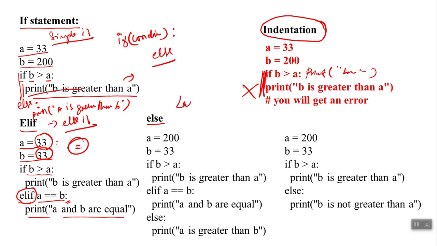Next we will go with ladder if. What is ladder if? I will keep on going, right? I am checking if B is greater than A, print B is greater than A. Else if I am checking A is equal to B, print A and B are equal. Else print A is greater than B. Again I can continue this with elif A is not equal to B, like this we can have it. As you do in C programming, you can continue this and stop wherever you want. That is called a ladder if. Since we are continuing it, it will be called a ladder if, right?